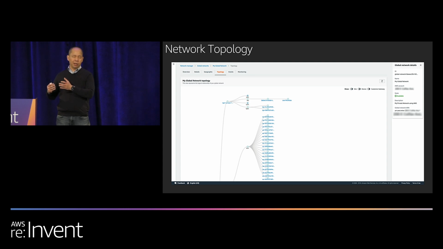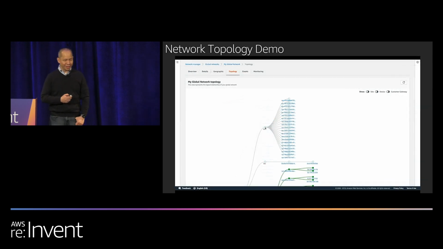Remember earlier we saw the VPN status, we saw the down tunnels and the impaired tunnels and the up tunnels. We actually overlay that health information right onto the network graph as well. So you get a picture of what your topology looks like as well as what your connectivity looks like to your branches. So let me give you a little bit more of what this looks like in a quick